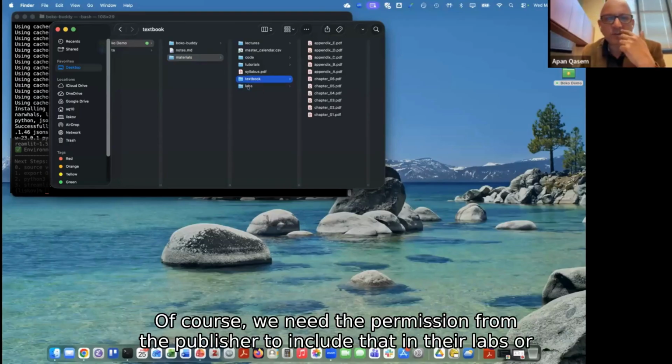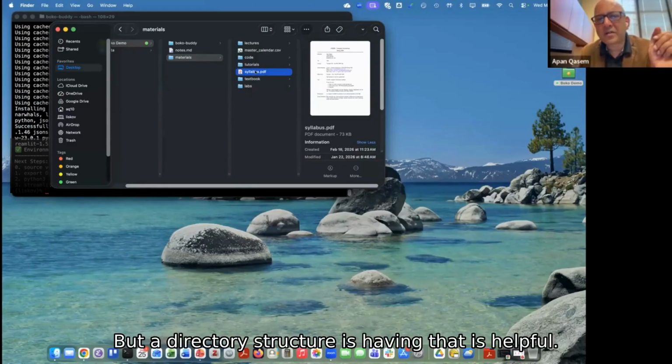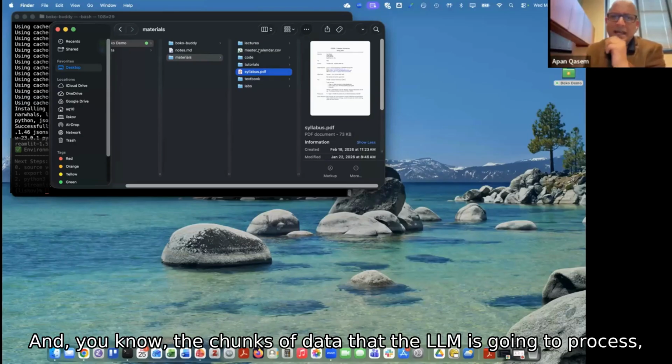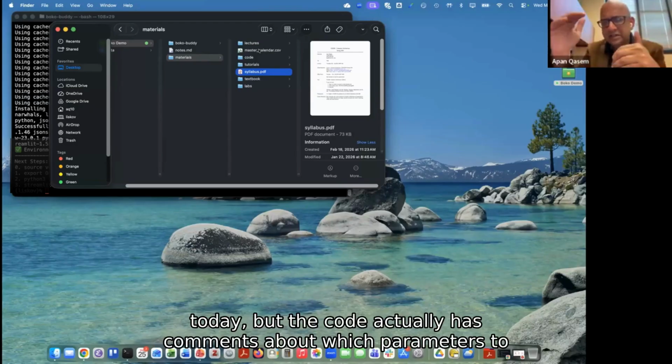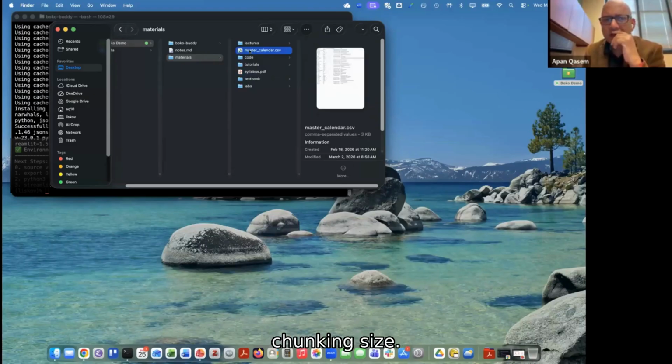Of course, we need the permission from the publisher to include that in their labs or homework. And you can actually do it without a directory structure, but having that structure is helpful. And there are some strategies you need to follow in terms of chunking and so on, and the chunks of data that the LLM is going to process, which I'm not getting into today, but the code actually has comments about which parameters to control the chunking size.